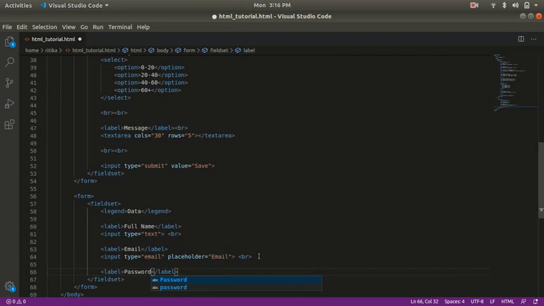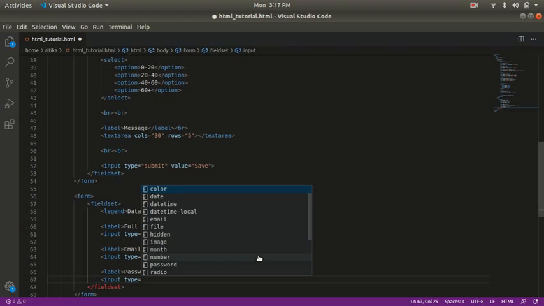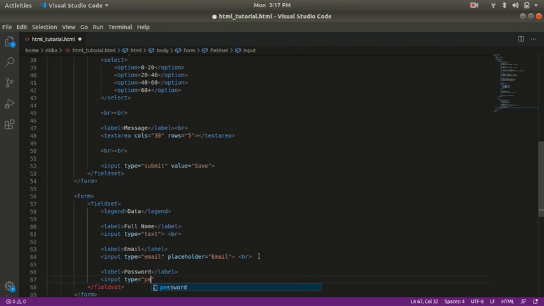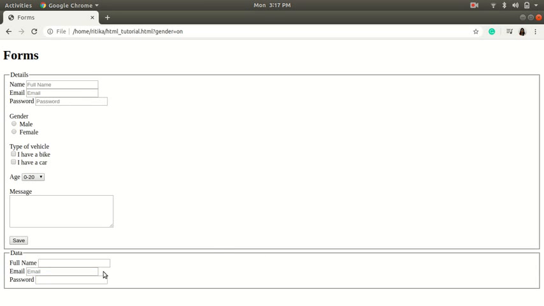Password, input type equals to password. So now this will give the special character.